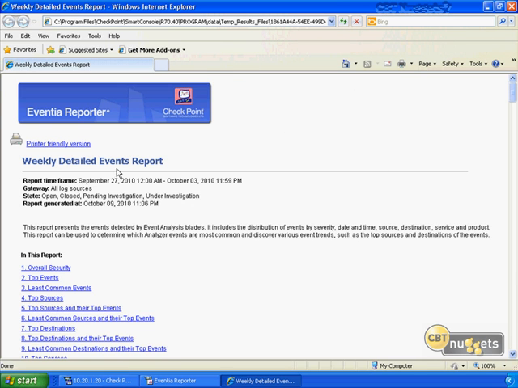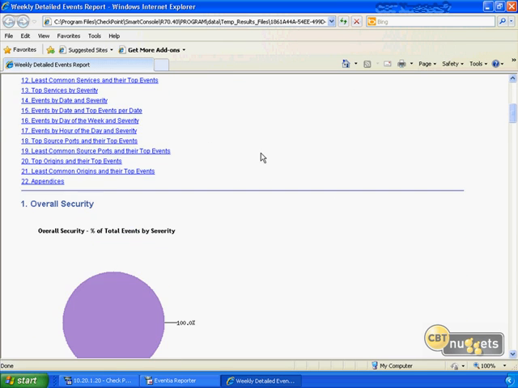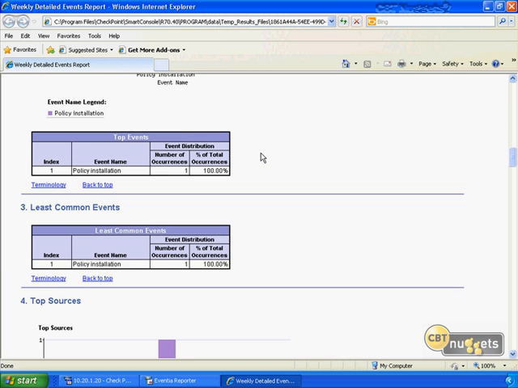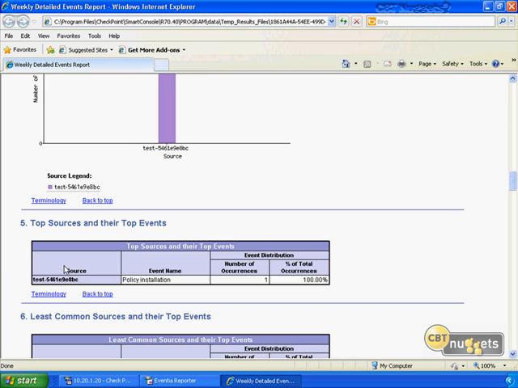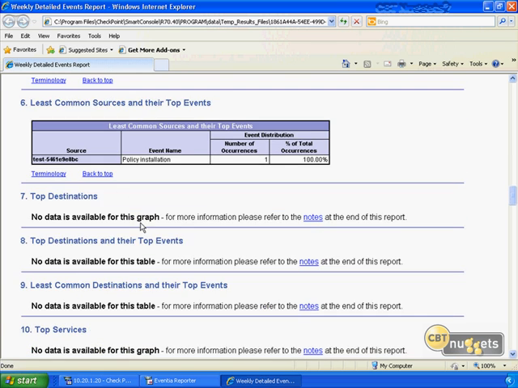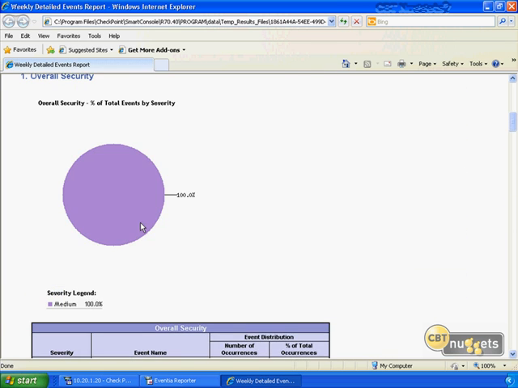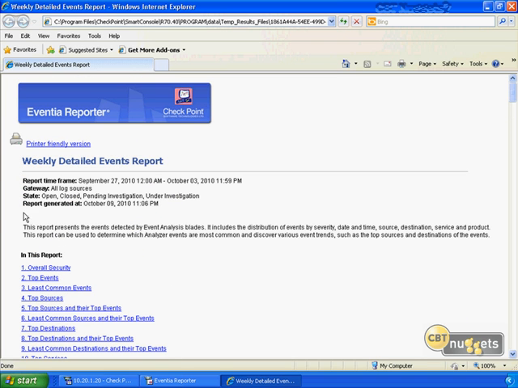And we can see our weekly detailed events report. We can fully scroll down on this, and we can see any type of connections, policy installations, top sources and their top events, and pretty much all the basic information. I don't have a whole lot showing here, but you pretty much get the idea of what these reports can do for you. It's just a real easy, real quick way of keeping tabs on your Checkpoint environment,